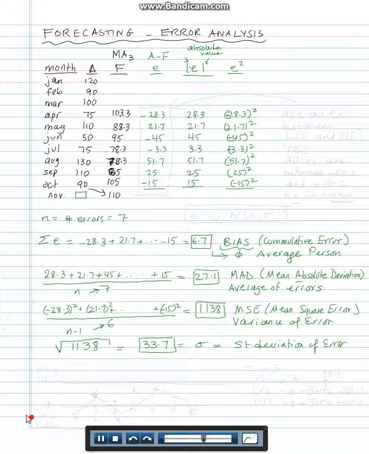So, in terms of error analysis, these are the things that are required of you: bias, MAD, MSE, and the standard deviation. And one more thing, we're going to assume that the errors, little e, are going to be normally distributed with a mean of 0 and standard deviation of sigma. And we're going to do what we did with control chart. So if we're going to use plus 0,